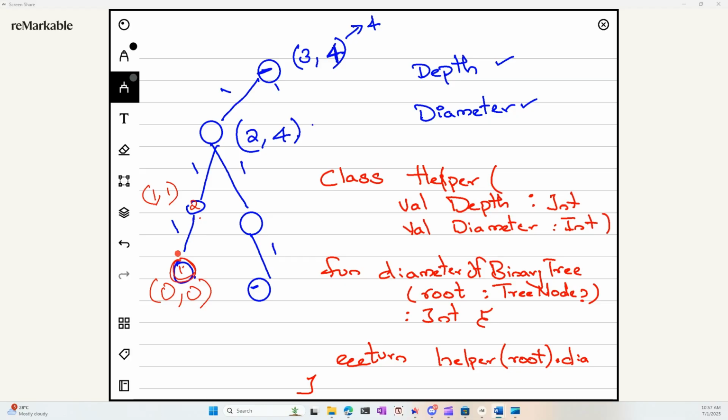Because it's the distance between two nodes. And if we go here, depth is 2, diameter is also 2. Till here, this is the value that returns here. And this value returns the same, where it's 1 1 here, where it's 0 0 here, and here it returns something like 2 2. And we have to decide what's the diameter. So we add up whatever value we have in the left and whatever value we have in the right,